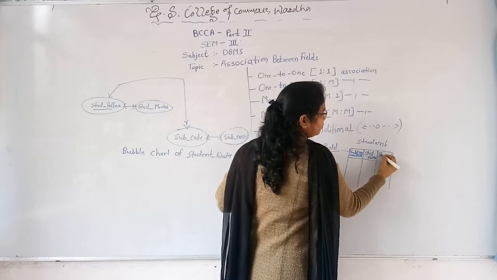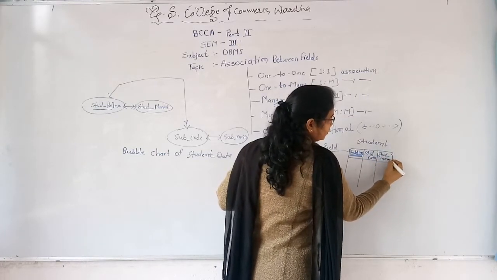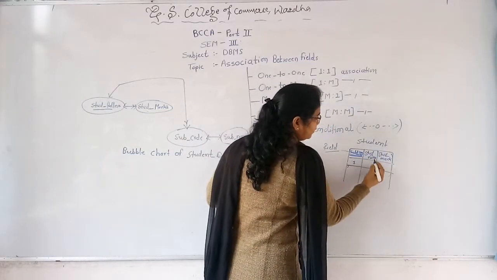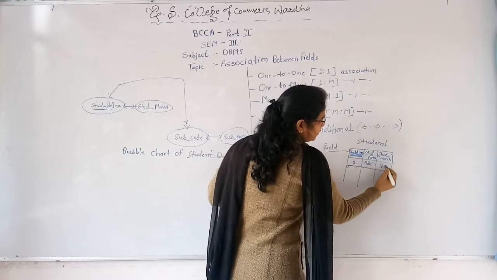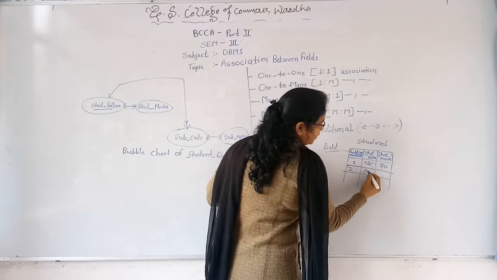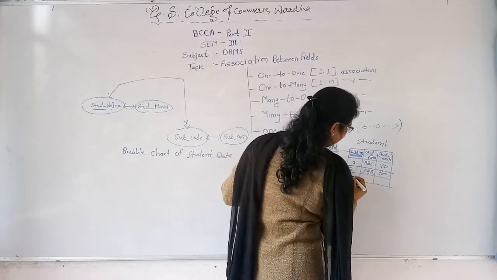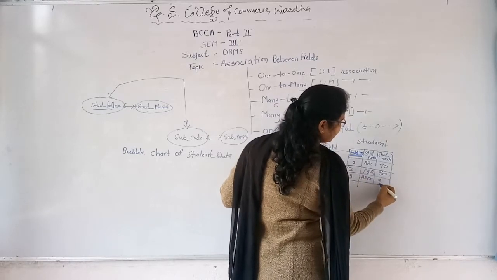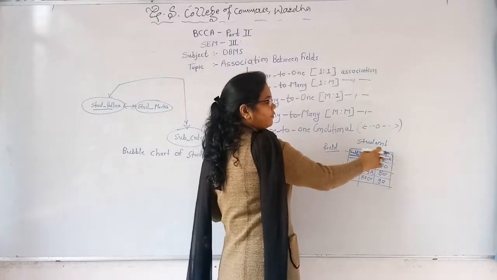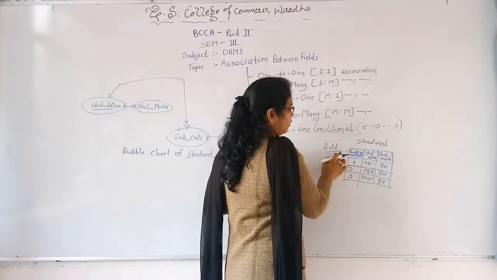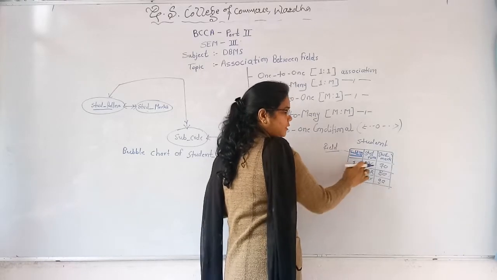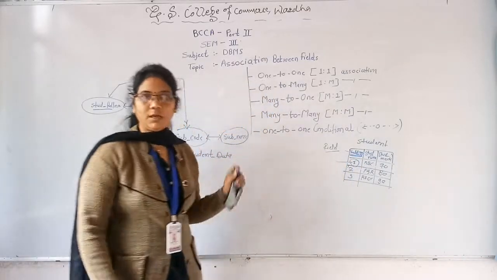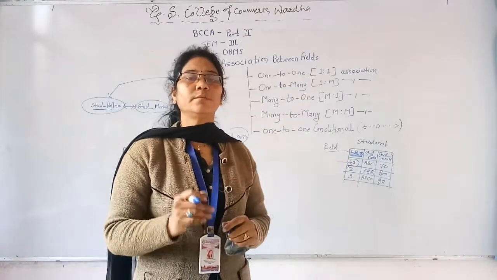So name and student marks. Suppose we consider here three field names which are used for storing the data. Suppose the first record is student name ABC, marks 70. The second record is 2, PQR, marks 80. The third record is 3, ABCX, and marks 90. So those are the fields of the student entity. This is the primary key and these are the records, or we can say this is the data.